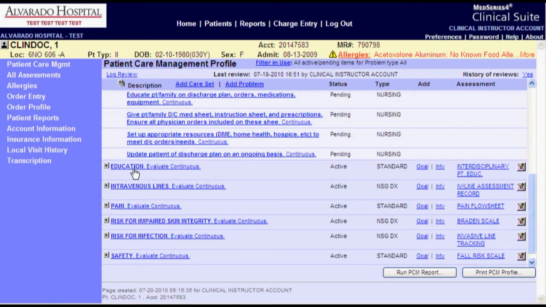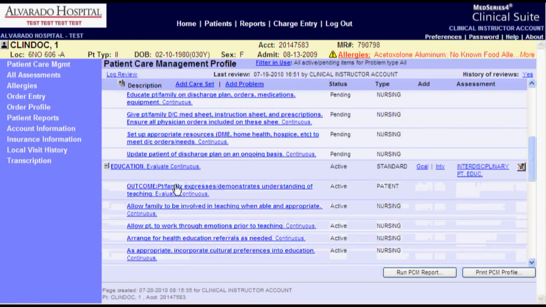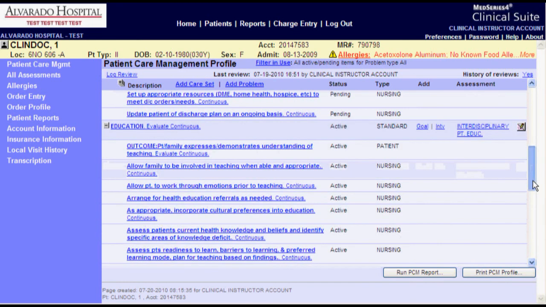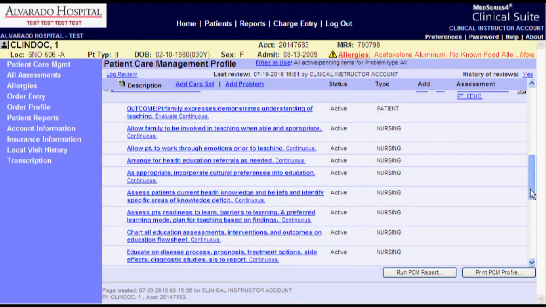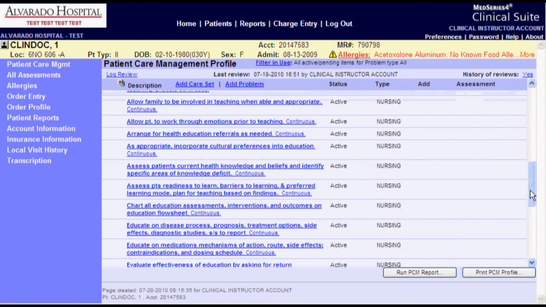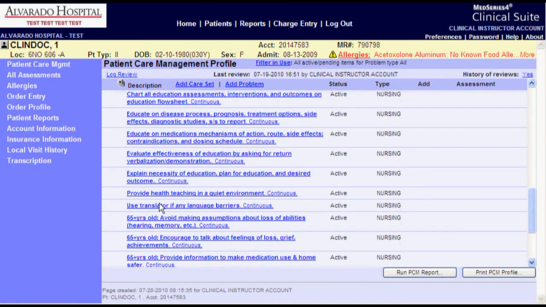Scrolling down, we'll select the tree for education. By clicking on the plus symbol and opening the tree, any goals or interventions associated with education can be viewed. We'll scroll down and identify a particular goal or intervention perhaps that we want to either eliminate or